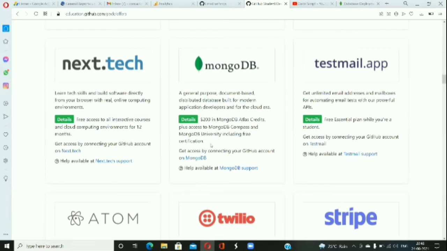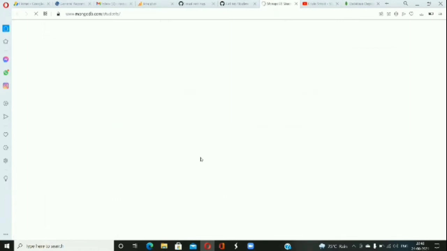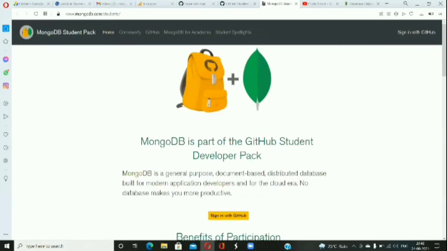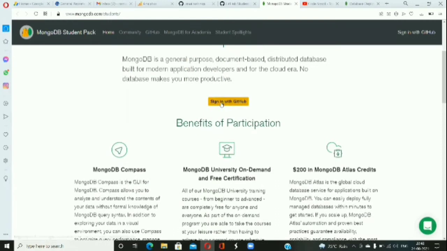It's completely free. So for taking this benefit, just click on get started by connecting your GitHub account. Click on MongoDB, and you will be redirected to the MongoDB website, mongodb.com/student.